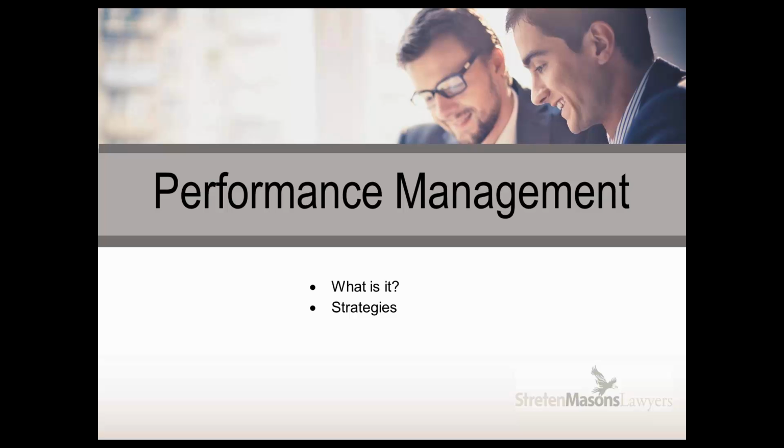Further training or support. So the third strategy for dealing with performance management is to set them up with a more senior person in the business. Obviously, this doesn't apply to a small business, it applies to a medium-sized or a large business, but set someone up with a bit more experience who can give that person some guidance as to what they're to do and how they're supposed to be doing things. And then that person would report to the business owner about the types of issues and make sure that the person who's being managed is reaching those goals. So they're the three ways to performance manage an employee.